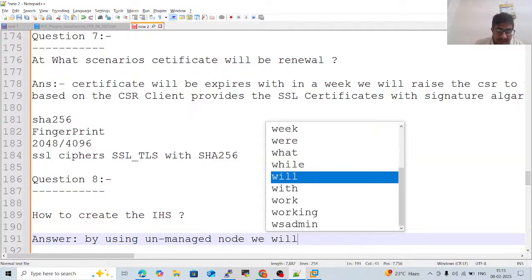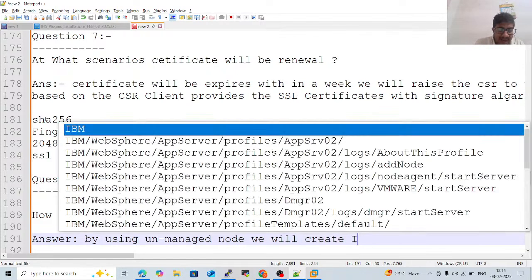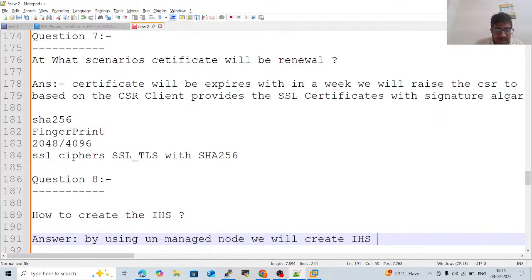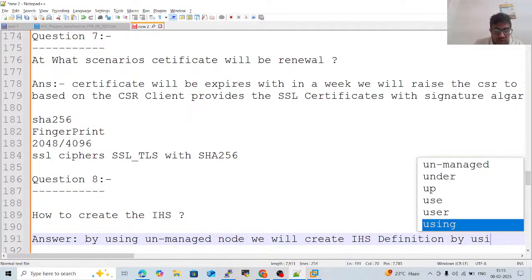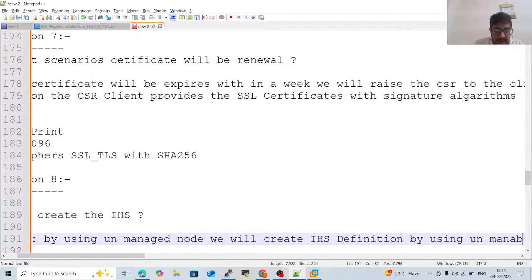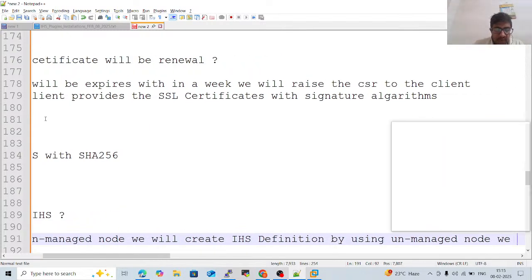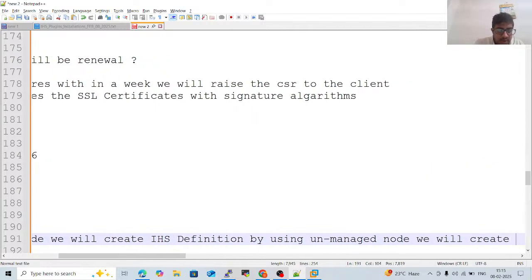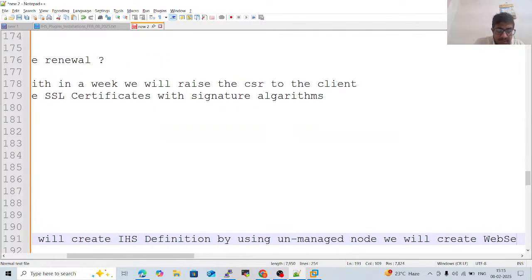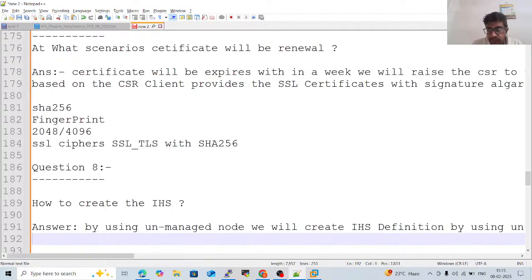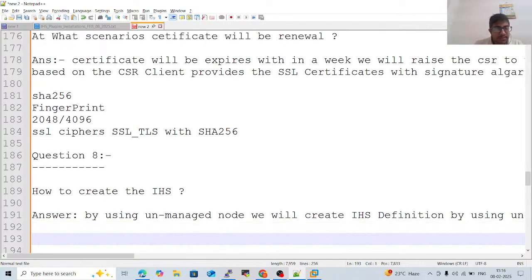We will create the IHS definition. By using unmanaged node, we will create the web server. Okay. After that,